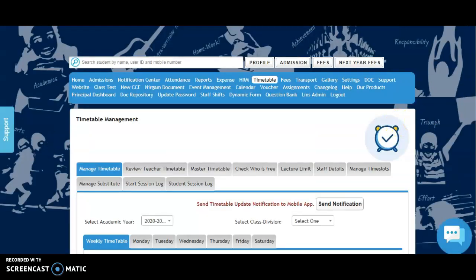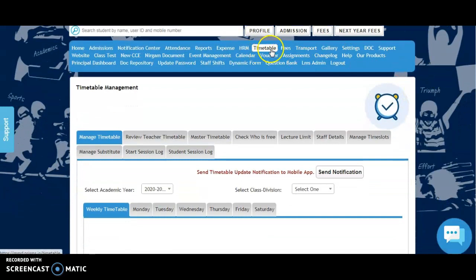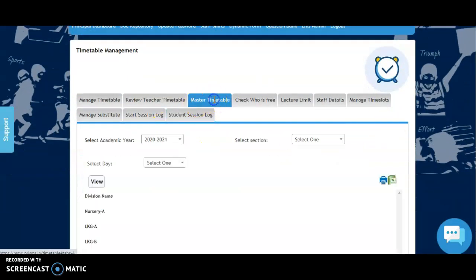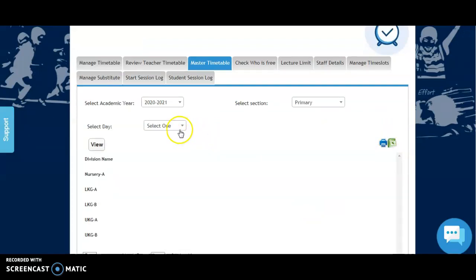So in timetable, in admin, in the timetable tab, there's a tab of master timetable. So in master timetable, now whenever you select a section, let me select a day. I click on view.